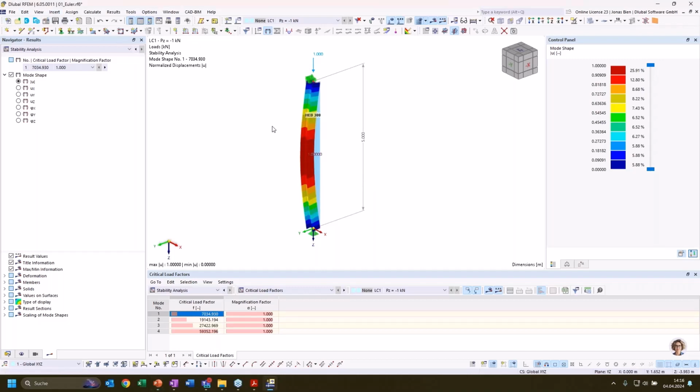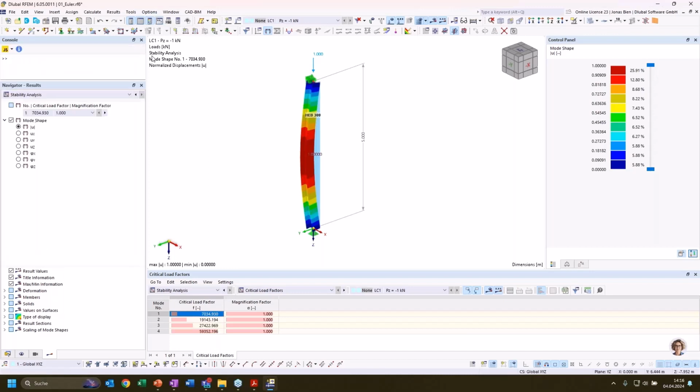And I could do that using my calculator, but then I would need to look up all the values for my section, the member length, the material properties, and so on. So I want to show you an alternative solution. We can also use the in-app console that we can open via the toolbar. And in here, I can reference all the objects that I have in my model. For example, I could reference my